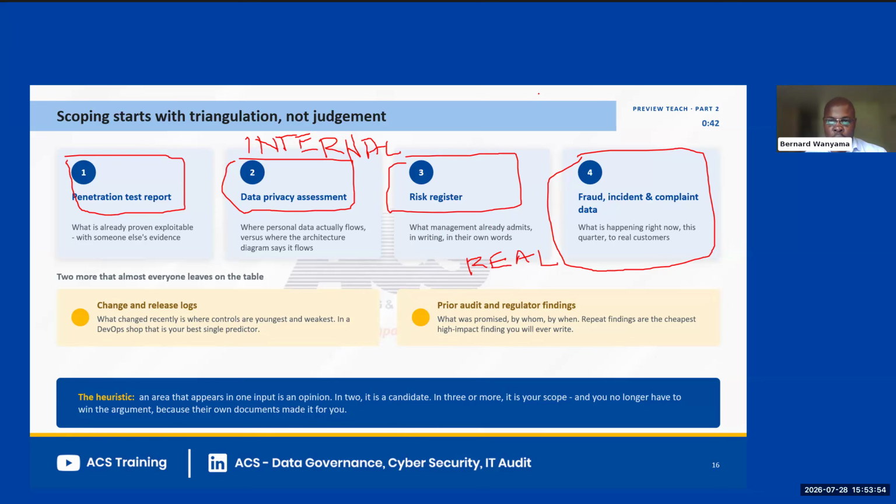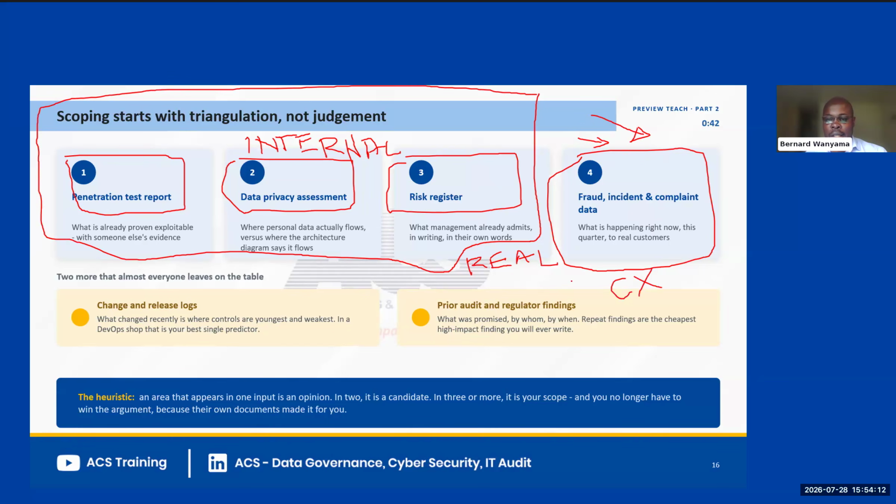They tend to lock themselves out of what the clients are seeing, and they speak to them from their own view and are not able to gain insight from these customer complaints. You might have a customer experience team, but that is maybe going to find it hard to speak to this process. So there's got to be this bridge between what you have as your internal processes, internal data, internal understanding of risk, and what your customers are actually facing as a result of the strength or the weakness of the controls that you put in place.